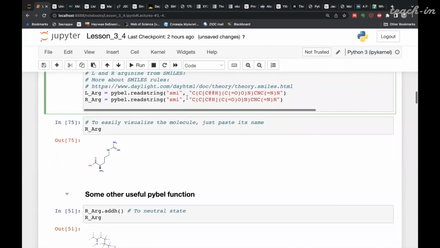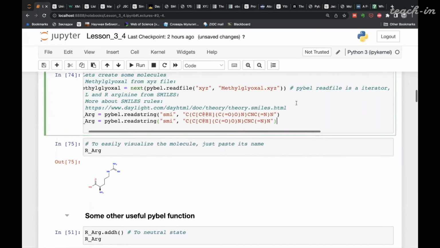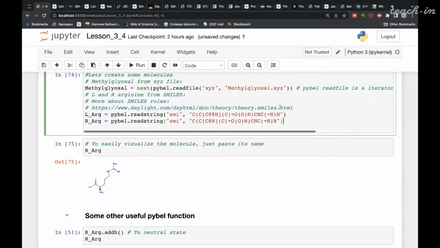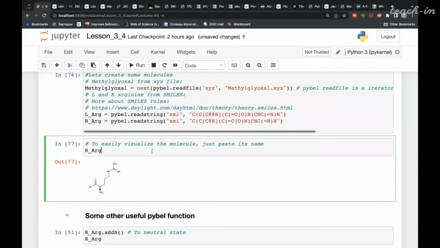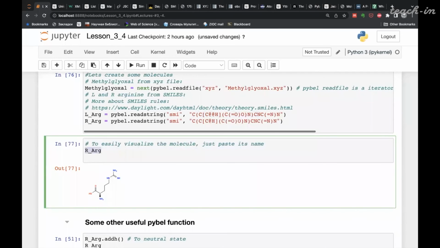So we can also process SMILES strings by using Pybel, like this one. We can visualize it, and so we have our arginine,